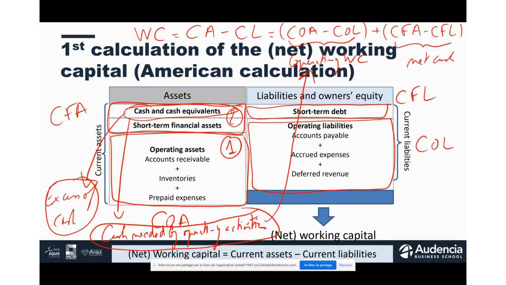So sometimes the operating working capital is with the cash needed by operating activities. But it's very difficult to define this cash. So generally, it's a percentage of sales revenue or a percentage of operating expense. But how to define the cash really needed by operating activity? It's difficult to say this is the cash we are sure we need if we are from outside the company and we want to